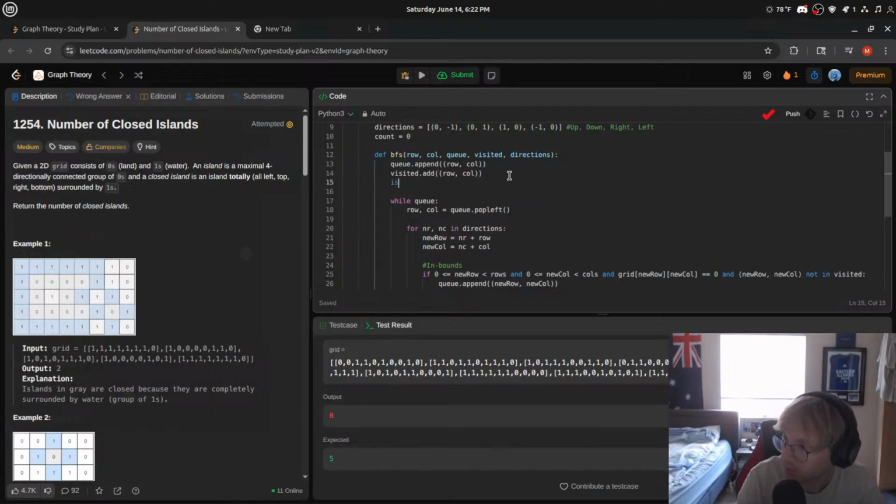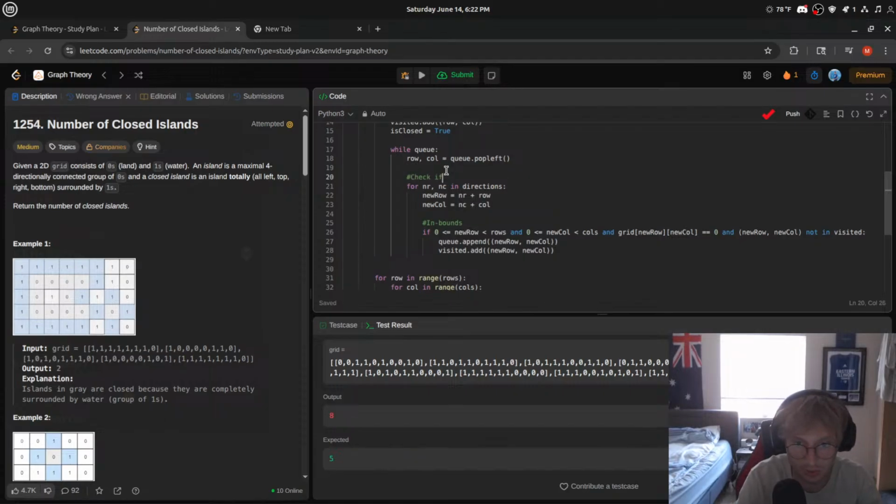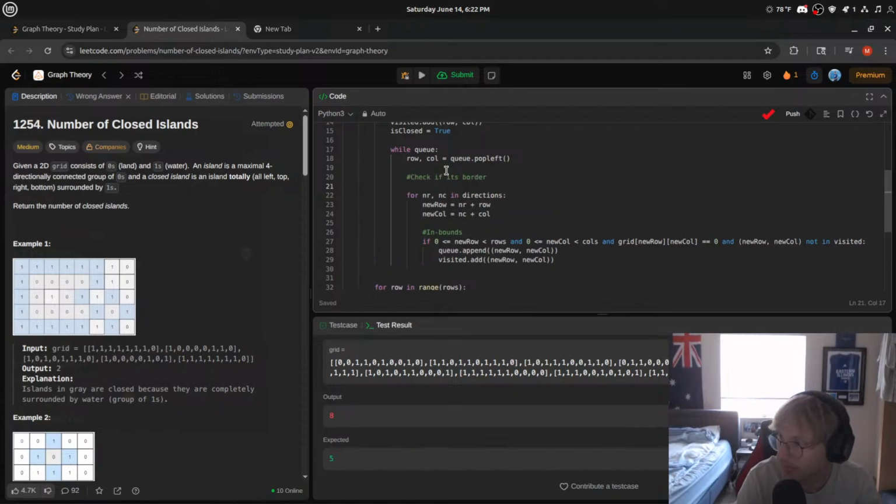It's saying that we probably need a flag here, like an isClosed flag, set to true. So we start off saying that it's true, right? We loop through, we pop, we go through our directions array, we add a new row. What we want to do here is a pre-check, to check if it's a border. If row,